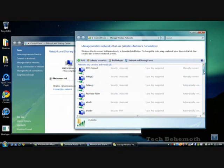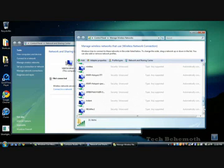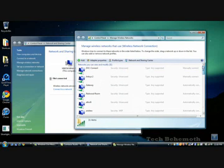The next one after that is manage wireless networks. These are all the different connections you made wirelessly. If you go on like Starbucks or school or library or something, you have your whole list here so you can get rid of ones you don't need,